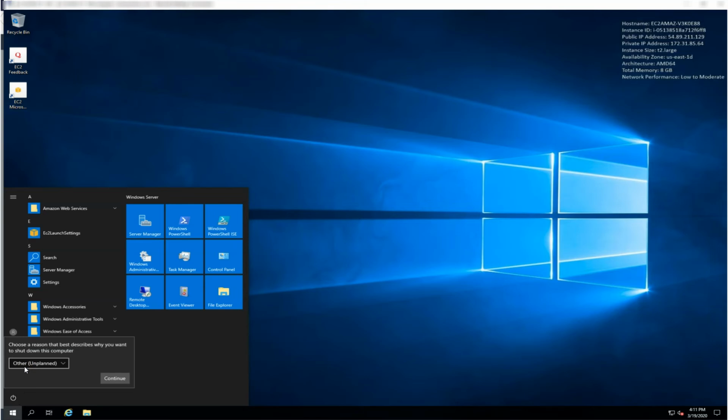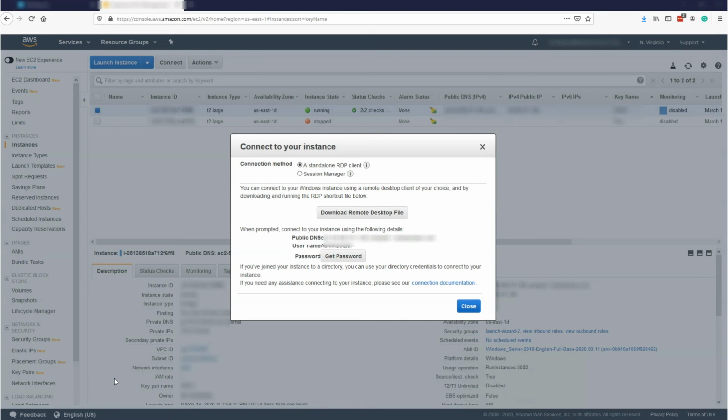And now a little pop-up box will come up. Because this is a server, we need to explain why we're shutting down. It's okay to leave the default of Other Unplanned, and then go ahead and hit Continue. This will shut down the server and bring you back to the AWS console, where I can go ahead and